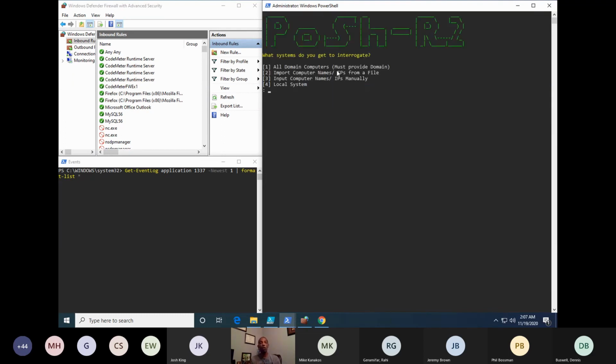So execute PowerShell 2. I can either pull stuff from the domain listed, based upon the domain in which this computer is already in, and I can just pull it out of AD. I can import the computers or IPs from a file. I can input a computer or IP manually, or I can just run it against them. So what we'll do is we'll come in, and I'm going to do number 3. I'm going to input a system, and I can feed it a single IP, or I can do a CIDR notation of sorts, so I can give it a subnet. So we'll do